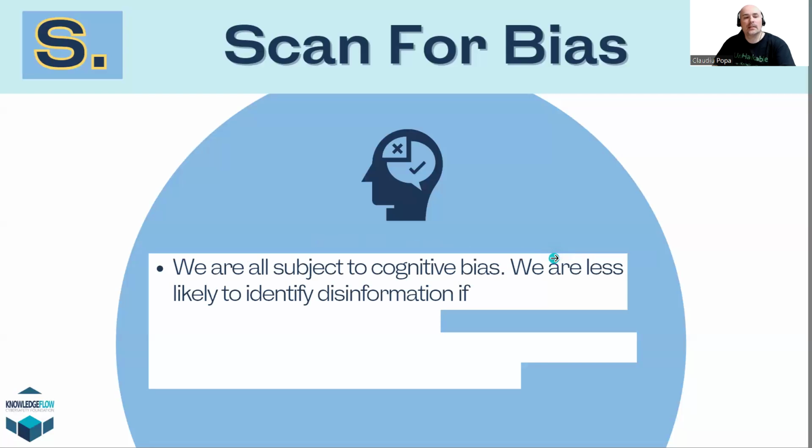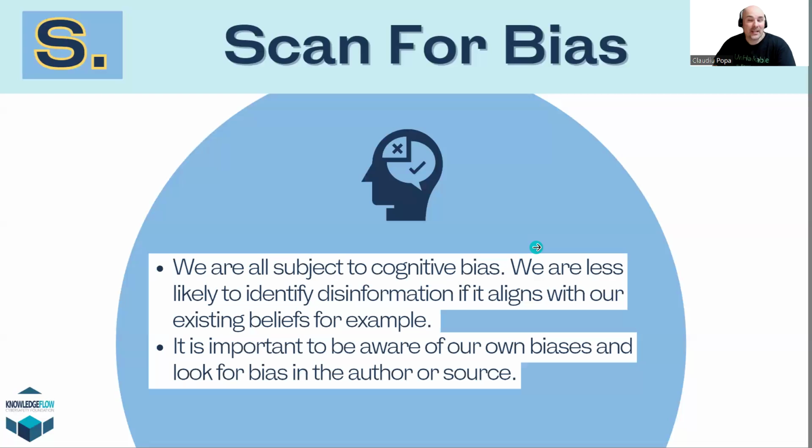And so these types of cognitive biases are very interesting. I call them brain bugs. It's one of my favorite things because, well, we all have them. We all have little vulnerabilities. And in my work in security, I look for vulnerabilities, because if we can patch them before the bad guys get to them, then we can achieve a certain confidence in the security of a system or a company or a website. So we're less likely to identify disinformation if it falls in line with something we already believe,